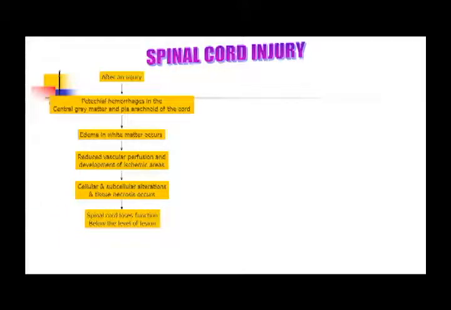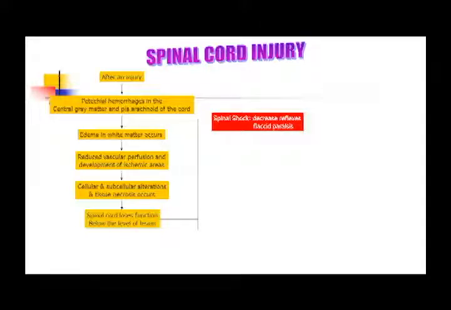Because of necrosis, namamatay yung mismong neurons, mismong nerves, mismong cells in the spinal cord. This will lead to loss of function on the areas below the lesion. So below the lesion kasi nga wala nang dumadaloy na electrical impulses. Hindi na gumagana yung spinal cord. So this will lead to different complications. One would be spinal shock. This would have an effect where there is decrease in reflexes, nagkakaroon ng flaccid paralysis, so nag-a-atrophy yung specific extremities or parts of the body that is affected by the SCI.